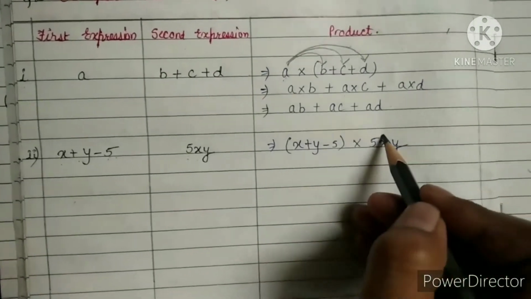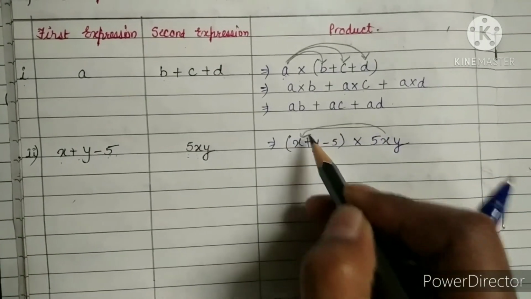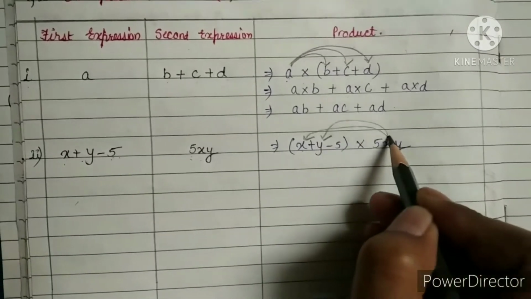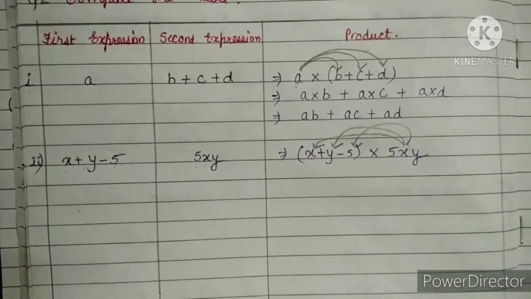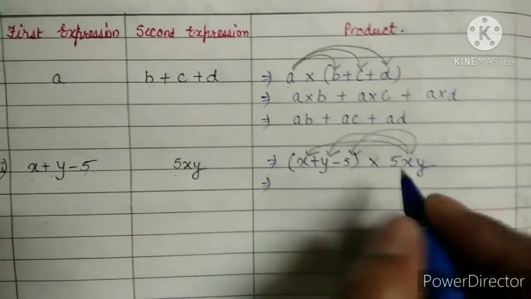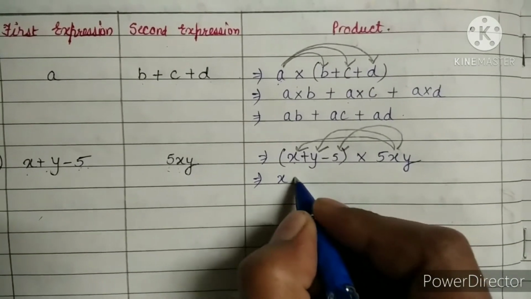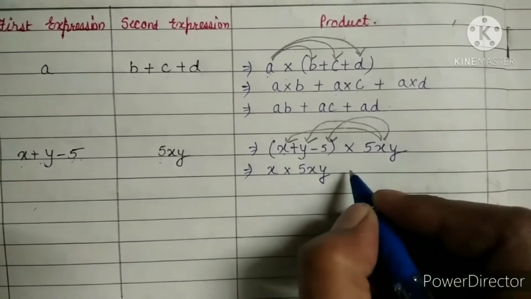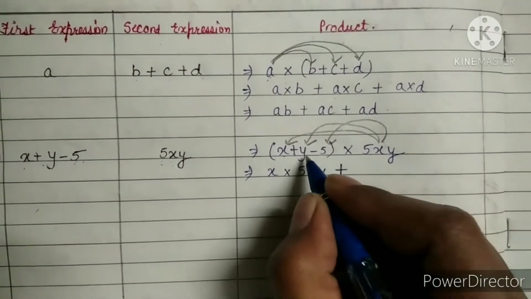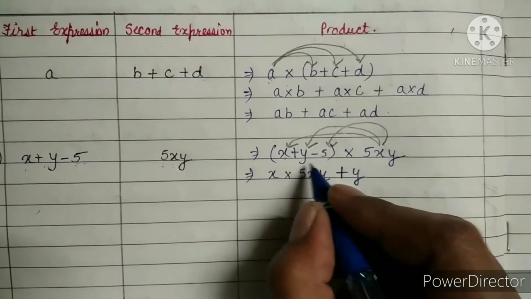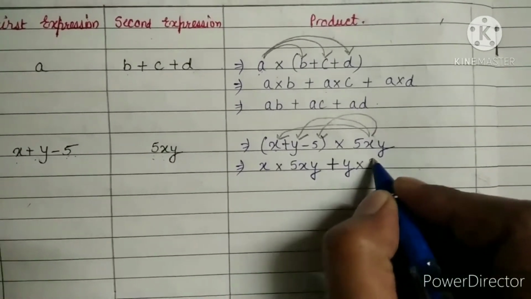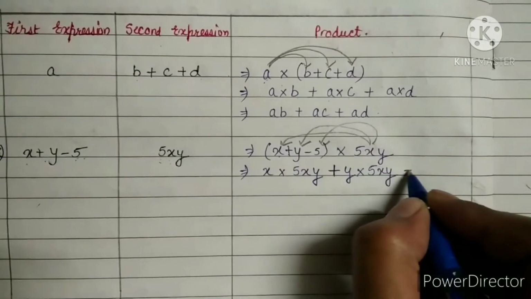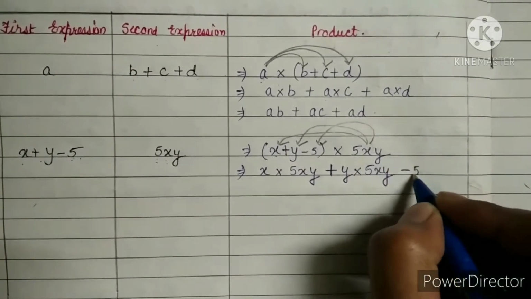We know the monomial will go to the first term of the trinomial, then the second, then the last. So here x multiplied by 5xy, plus the second term y of the trinomial multiplied by 5xy, minus 5 into